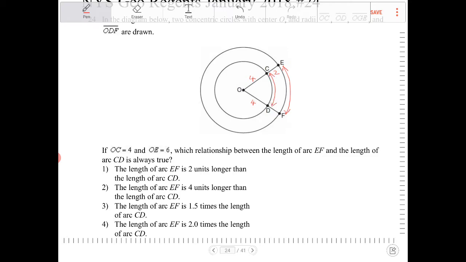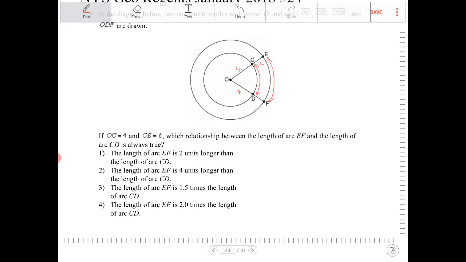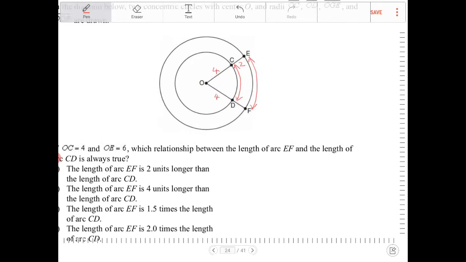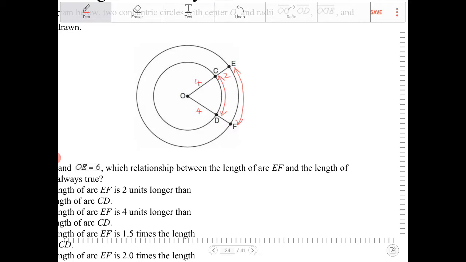Okay, so let's take a look. Option 1 here reads, the length of arc EF is 2 units longer than the length of arc CD. Well, actually, let's figure out what is the actual length of the arc so we don't have to guess and check, right? So the length of the arc,